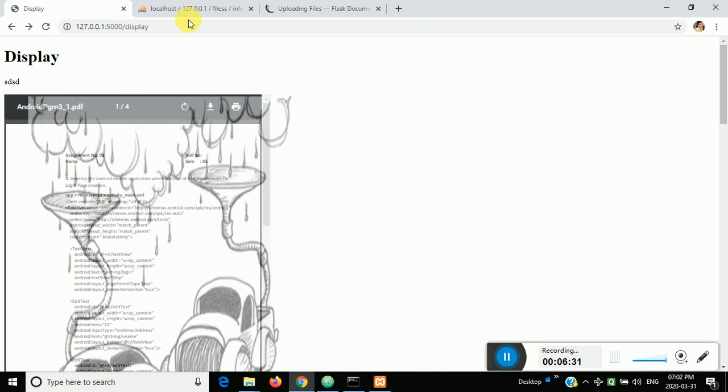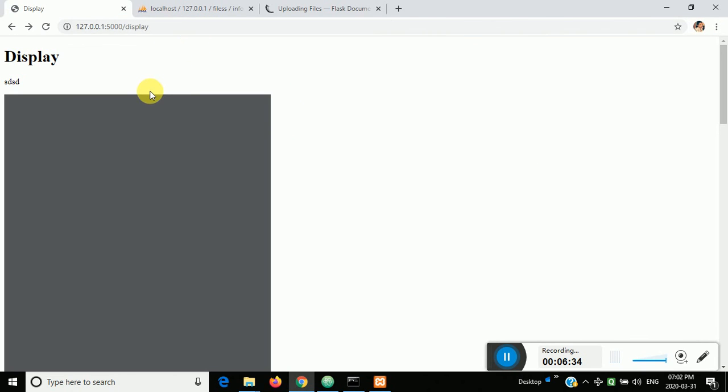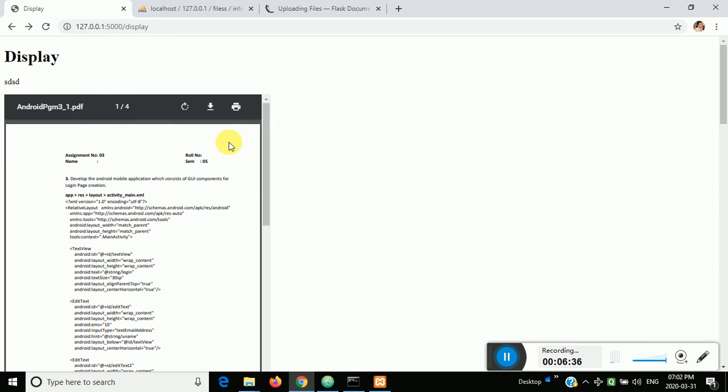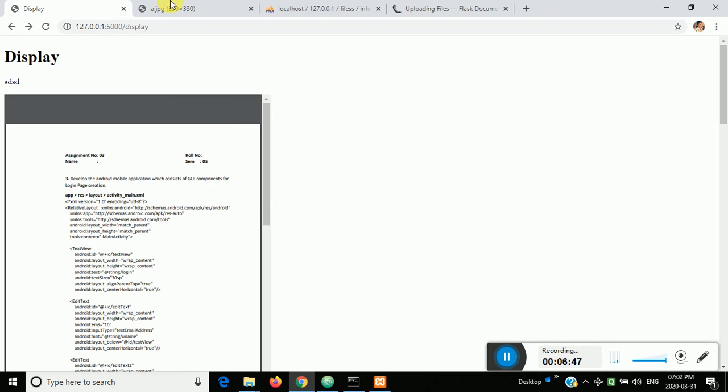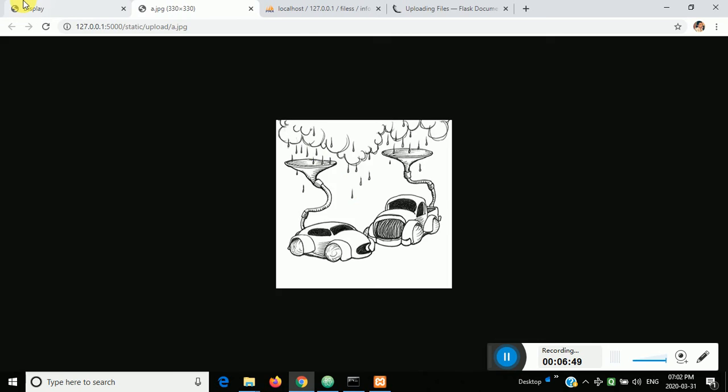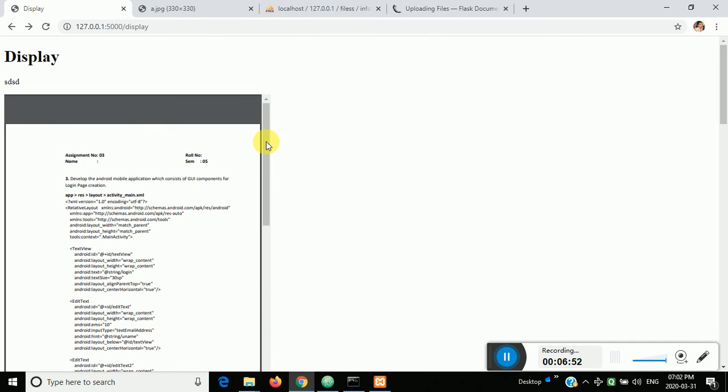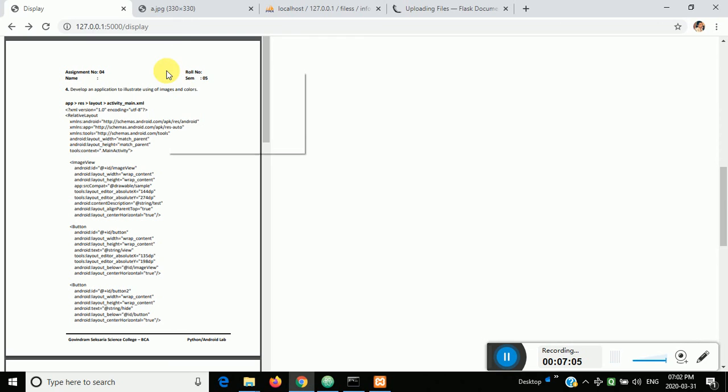If you don't want to download it, okay, see, now it is not there, the image is not there. But if you try to click on that download, you cannot click it. See, the image is there here. If you click on open image in new tab, the image is here, but here you cannot see that image. See, the image is here, but you cannot download the PDF file. Yes, same thing here also, you cannot download because the image is there.